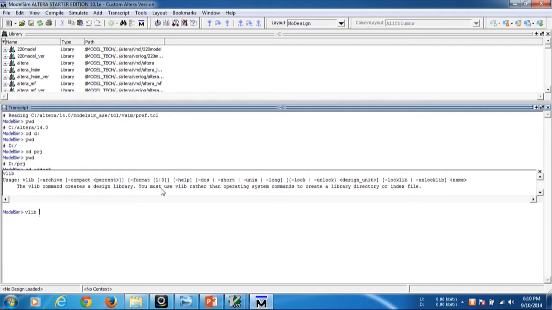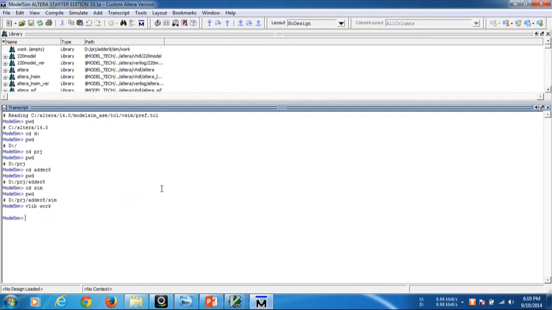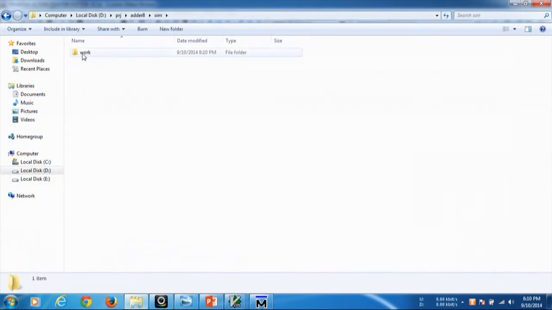You have to use vlib space, then the folder name you want to create, work. A work directory can also be seen here in the library above the transcript. A work directory is created which is empty. If you go and look in the simulation directory, a work directory is created.